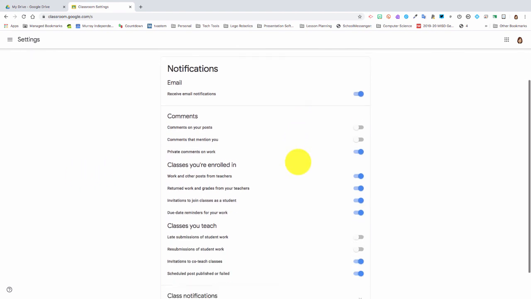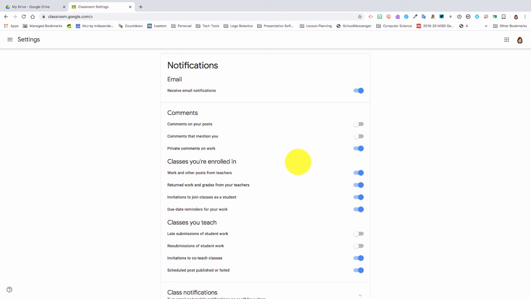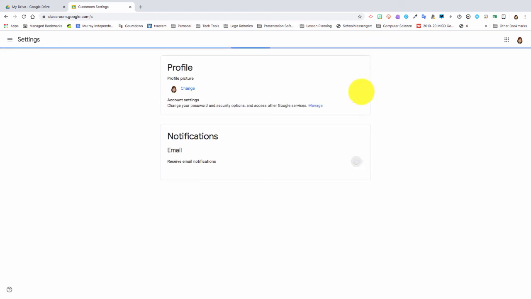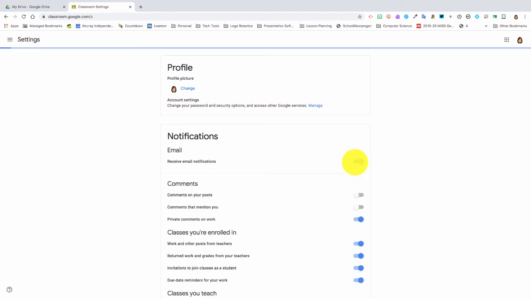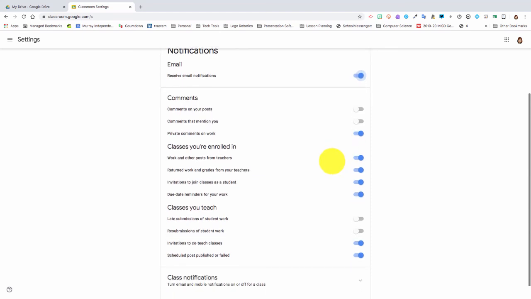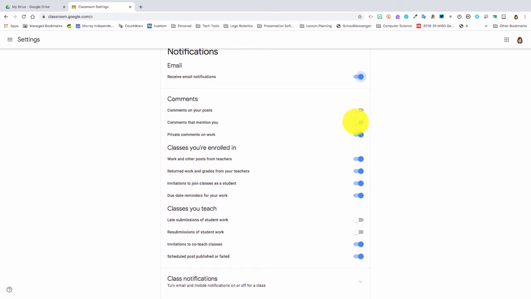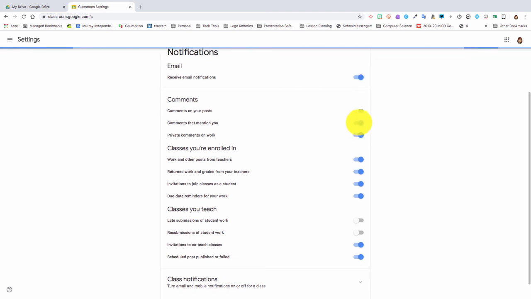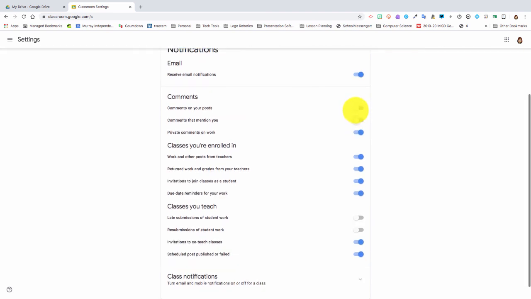So first of all, you can decide whether you want to receive email notifications for the different options below. You can actually turn that completely off, meaning you won't get any notifications through email about your classes. Or you can pick and choose. So the first little section is about comments. Do you want to get notifications when people comment on your post, when the comment mentions you, when private comments are made on work? So you can turn those on and off as you decide what you want